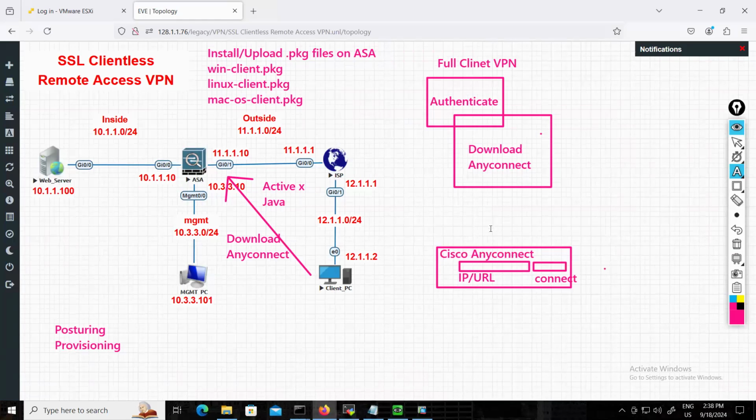Once the user does this, the traffic will go to the VPN, to the ASA or your VPN gateway. Once the traffic comes here, what will happen? This ASA will assign one IP to this client. Whatever the IP range is, we have to configure it here. So let's say you configure one range